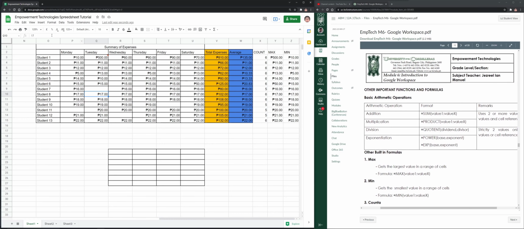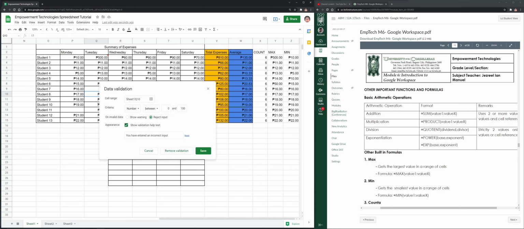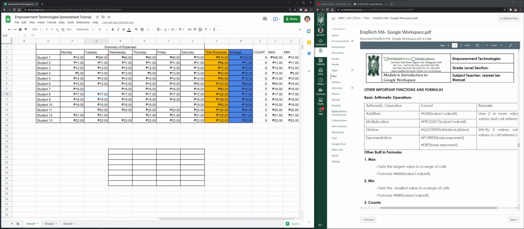What else? We also have what we called conditional formatting. Okay. Now, for the conditional formatting, by the way, before we proceed, you can always play around with the data validation. So, instead of checking on number, you can also validate some text na kapag halimbawa may word kang nilagay na halimbawa, passed or failed. Pwede rin. Yan, even date and custom formula. So, let's go to what we called,